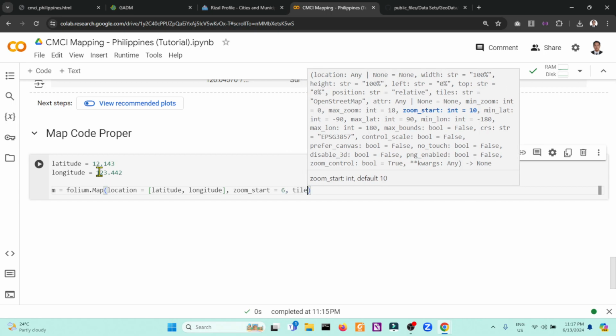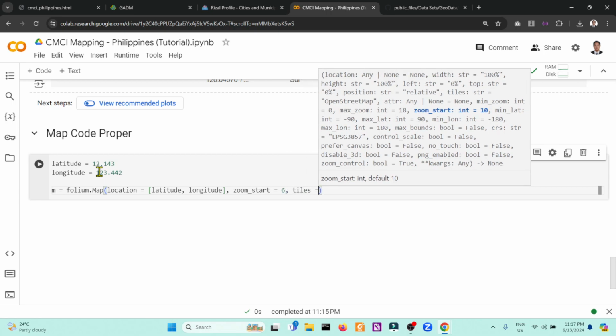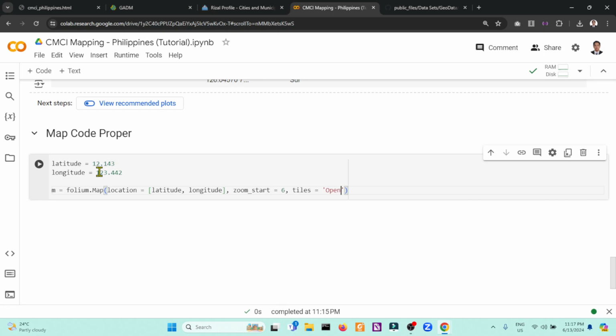Then we will also use a default tiles, which in this case is OpenStreetMap. Then a name also of OpenStreetMap just for labeling purposes. So what are the tiles? The tiles specify the tile set to be used for the map with different designs.